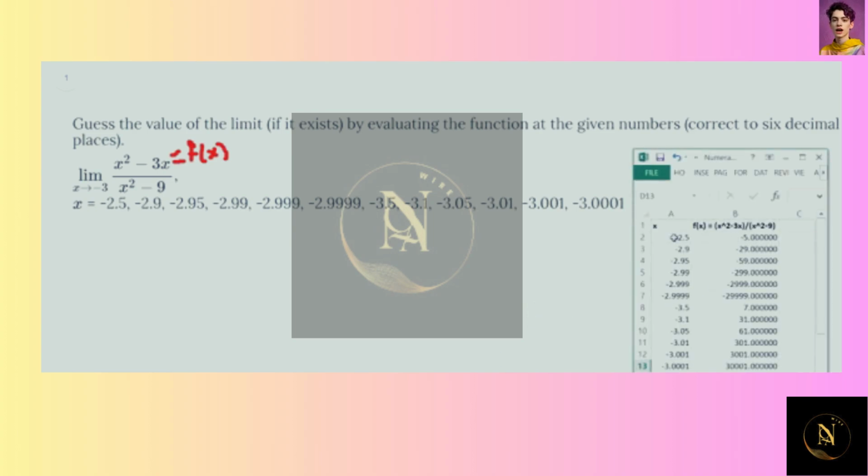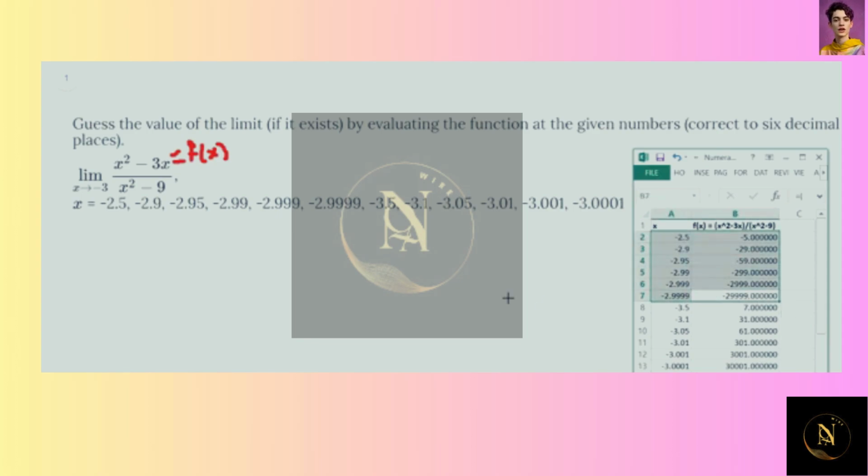In this spreadsheet, we have done the calculations, and we can confirm that when you plug in x is -2.5, you get -5. When x is -2.9, you get -29. When x is -2.95, you get -59. When x is -2.99, you get -299. When x is -2.999, you get -2,999. And when x is -2.9999, you get -29,999. We will be stopping here for now